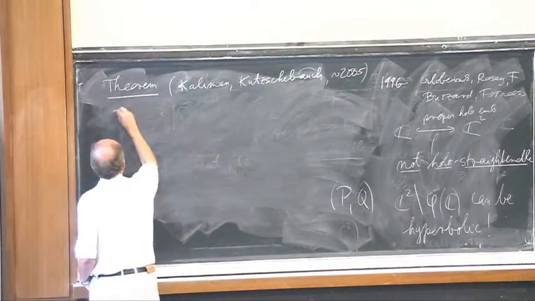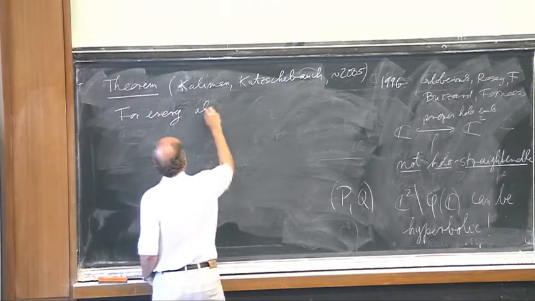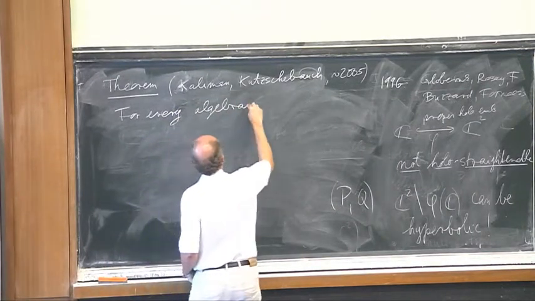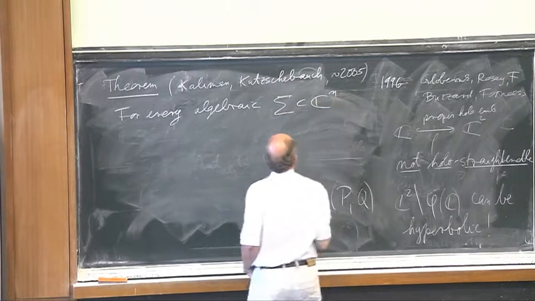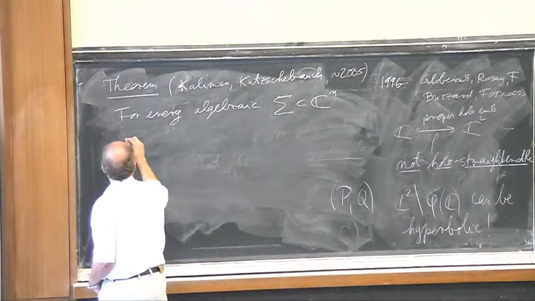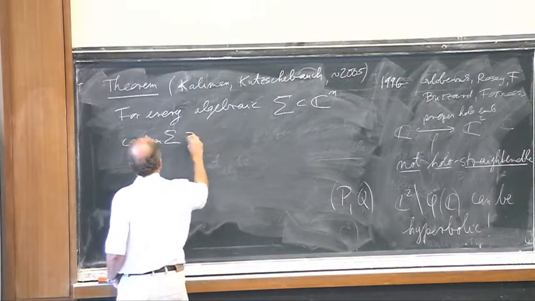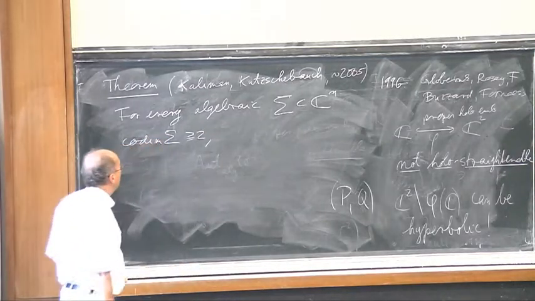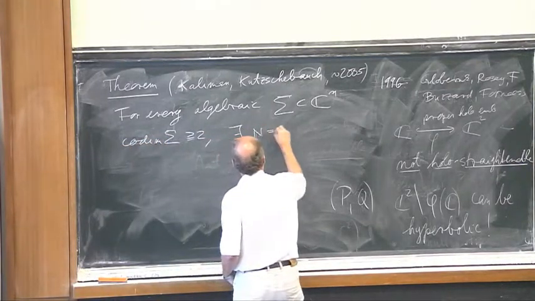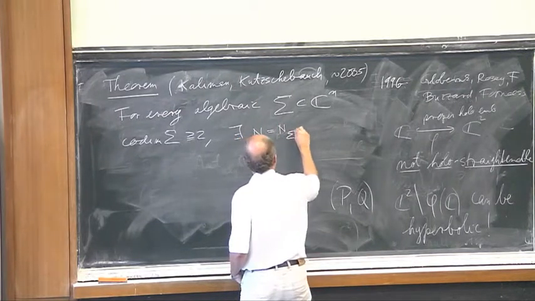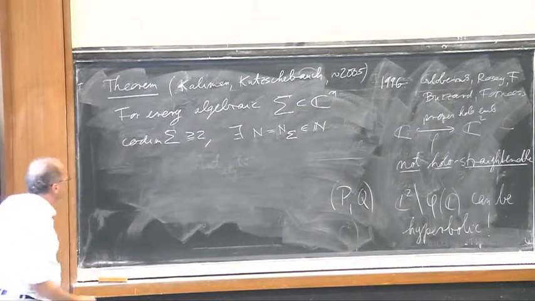So for every algebraic subvariety sigma in Cn with codimension of sigma at least 2, there exists an integer n which depends on sigma, such that